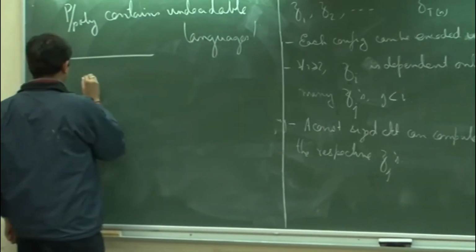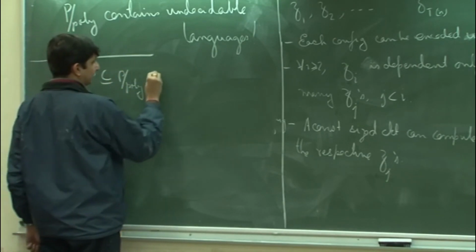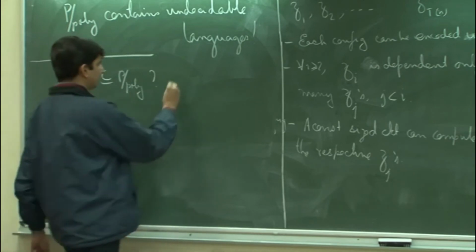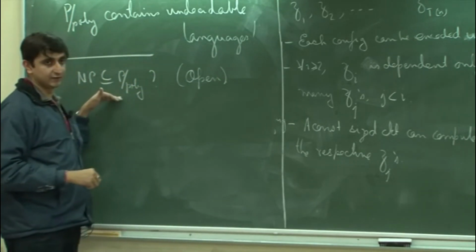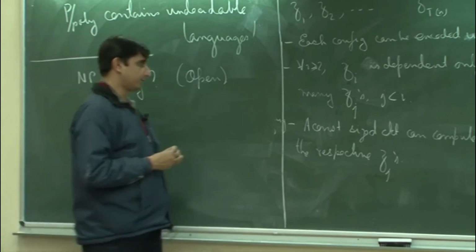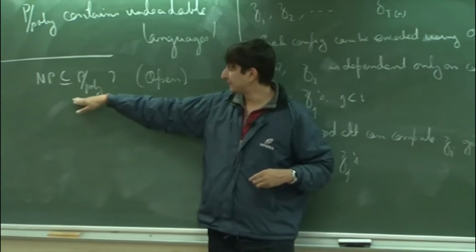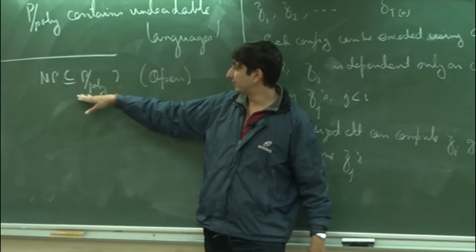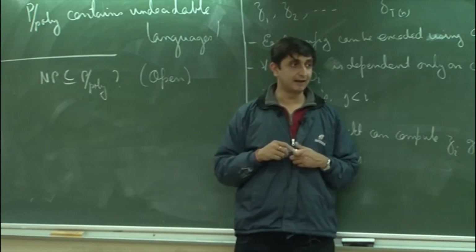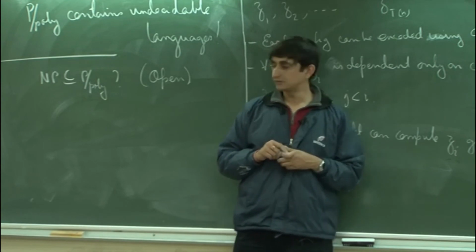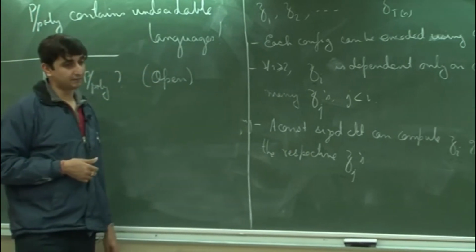So, whether NP is contained in P/poly or not is not known. This is open, and in fact this is believed to be false. That is what we will discuss tomorrow, I guess: if NP is actually contained in P/poly, then the polynomial hierarchy will collapse to Sigma 2 P, the second level. That is why this is not believed. So, I do not know if it is closed under any other family of reductions.